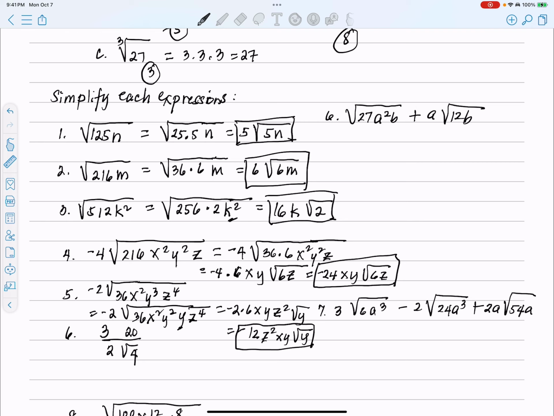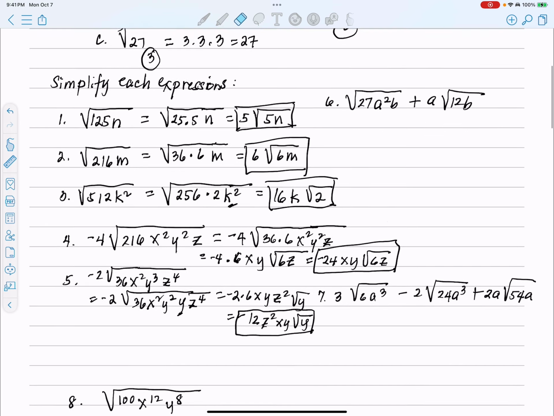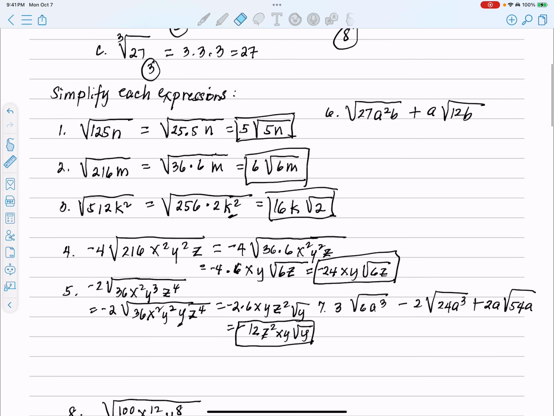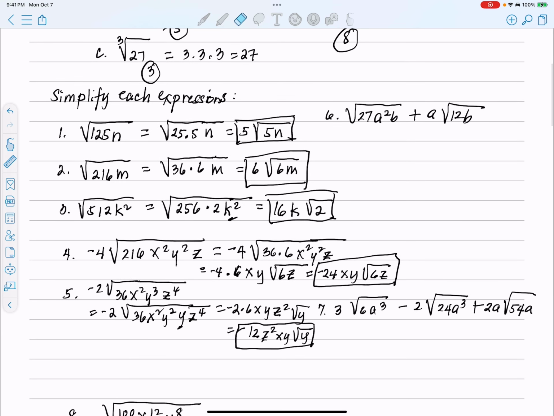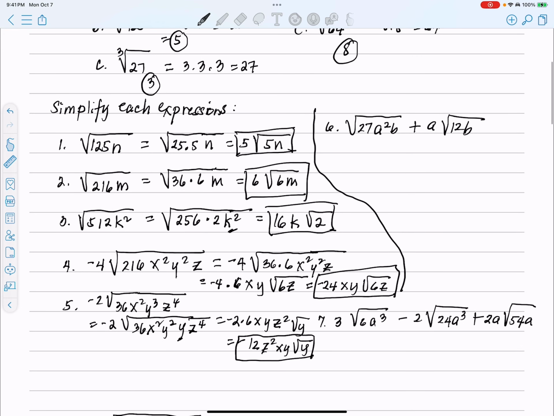Okay, I'm gonna move number 6 down here to have a space. This is number 5, right? Okay, I'll have number 6. Number 6 is right here. I think I'm going to do some division here. Okay, this looks like a work of when I was a student before. Well, anyway,